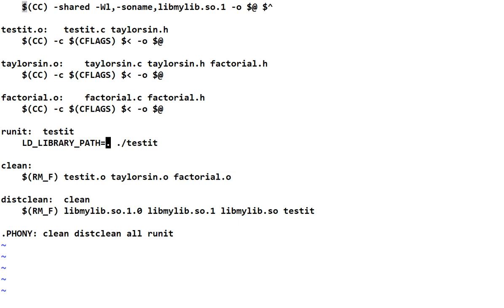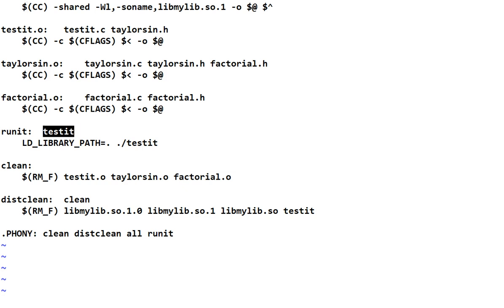And then it says run test it, and it makes sure it uses a ./ to run the test it in this directory, not some other test it that's on the path. And it won't do a run it until test it exists. So that makes sure that if you didn't build test it yet, it will build test it before it tries